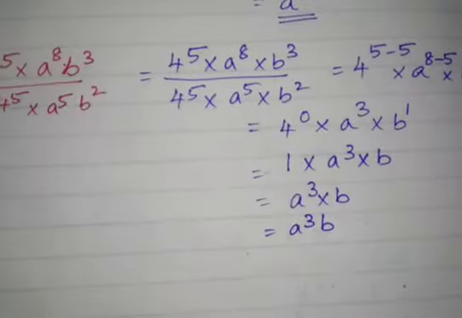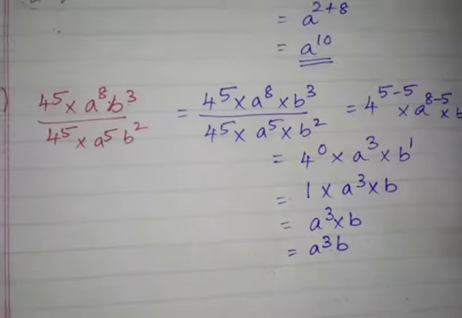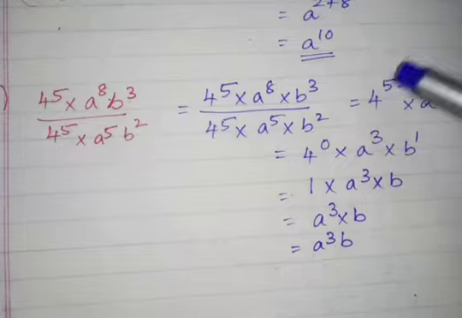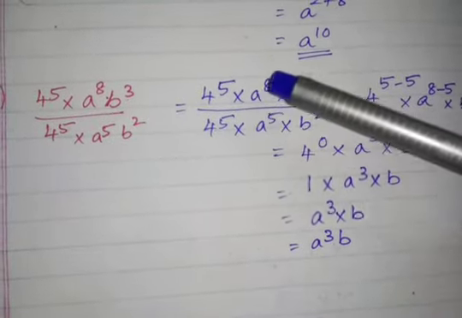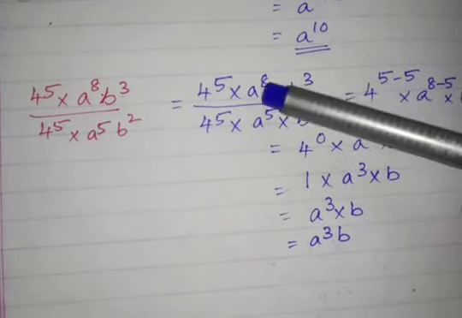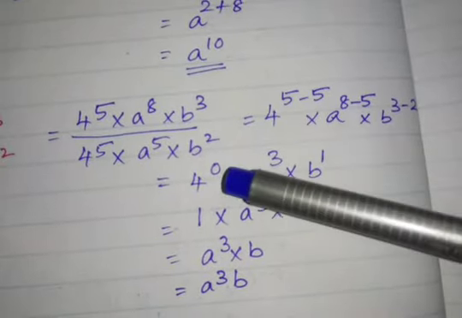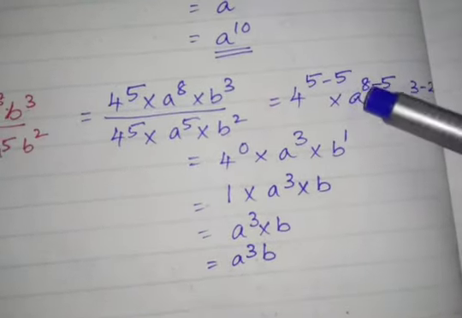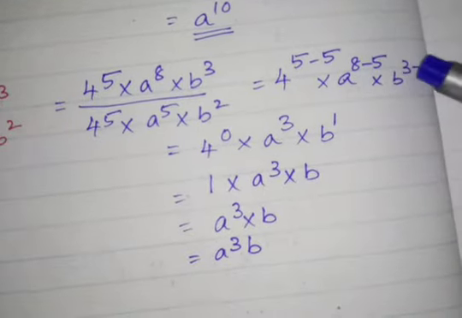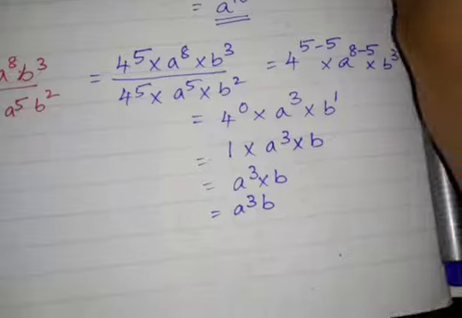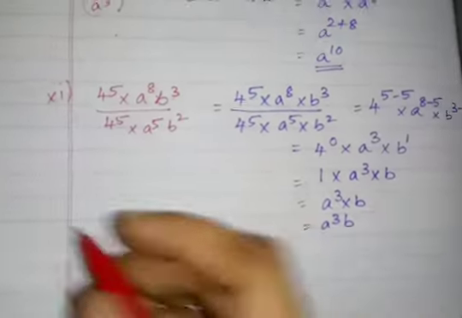This can be written as what? A cube b. Listen, children. I am just splitting it up and writing 4 power 5 minus 5 into a power 8 minus 5 into b power 3 minus 2. 4 power 0 is 1, a power 3, b power 1 can be written as b. So a cube b is your answer. Okay. Next is your